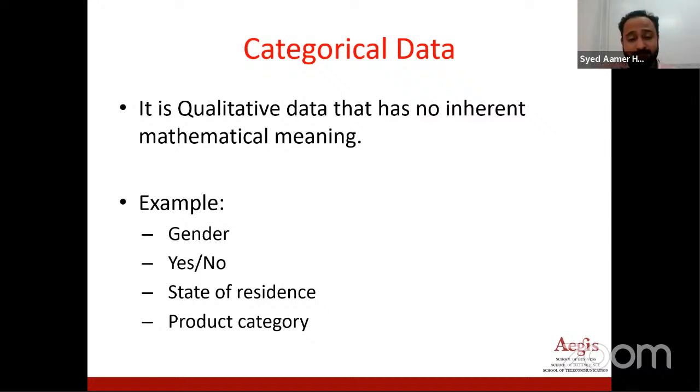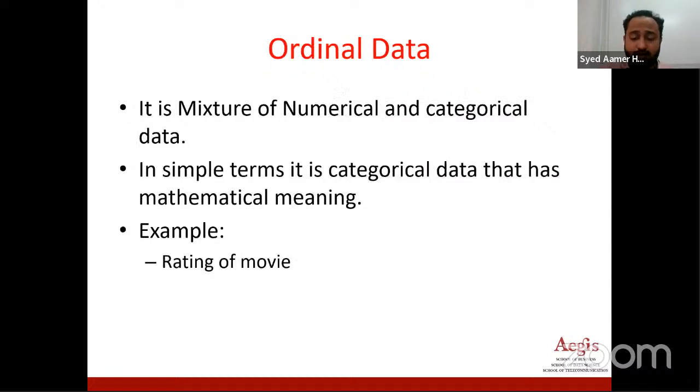It is important for us, and there are techniques to convert it from string into numeric form, like 1 0 or 1 2 3 4, label encoding or one hot encoding, which we generally use for that. Not going into the detail of how to convert it, but right now I'm just telling you about the type of data that we have. So I hope you got categorical, and there's something more to it, like ordinal data. Now ordinal data is like a mixture of category and numeric. It simply means it is like categorical data, but it has some inherent mathematical meaning.